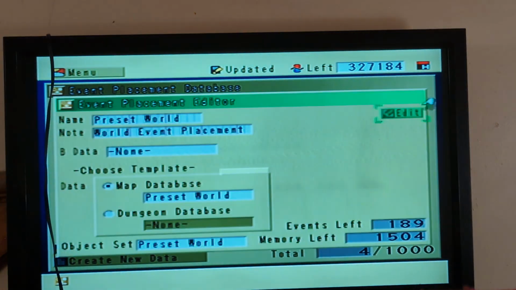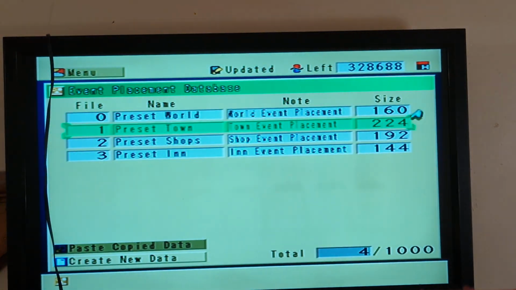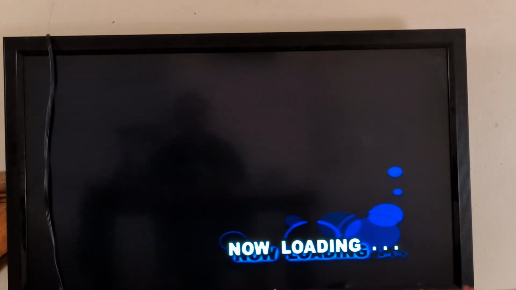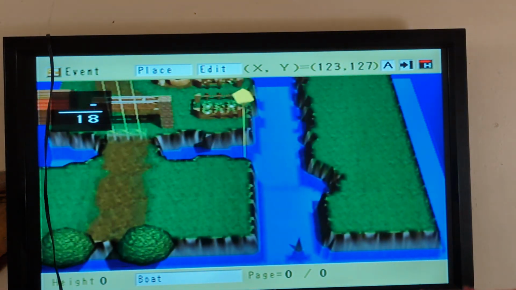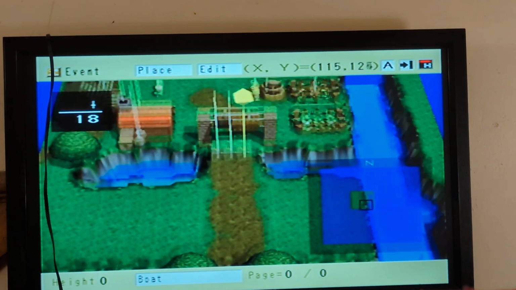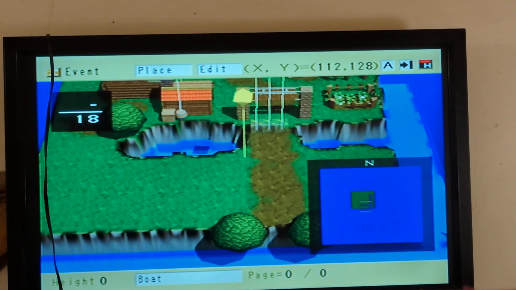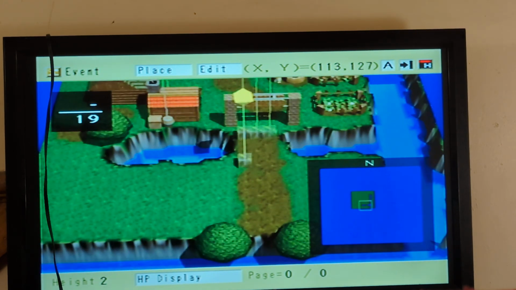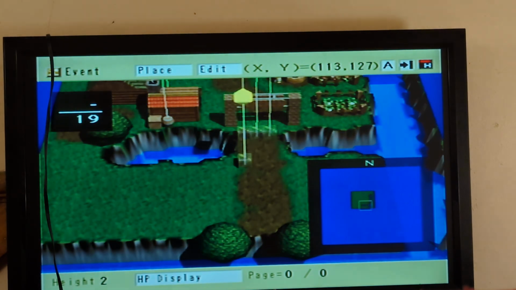Preset town. I've been working on my game so much I forgot. So go to preset town, and we can create this event. It doesn't matter where it is, it can be outside the town. It's going to be HP display, and this will display our hearts. So let's go there,